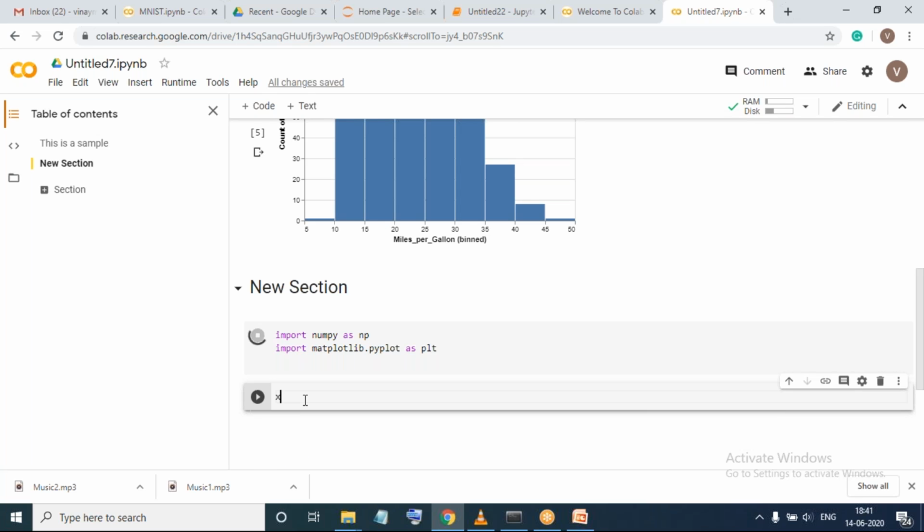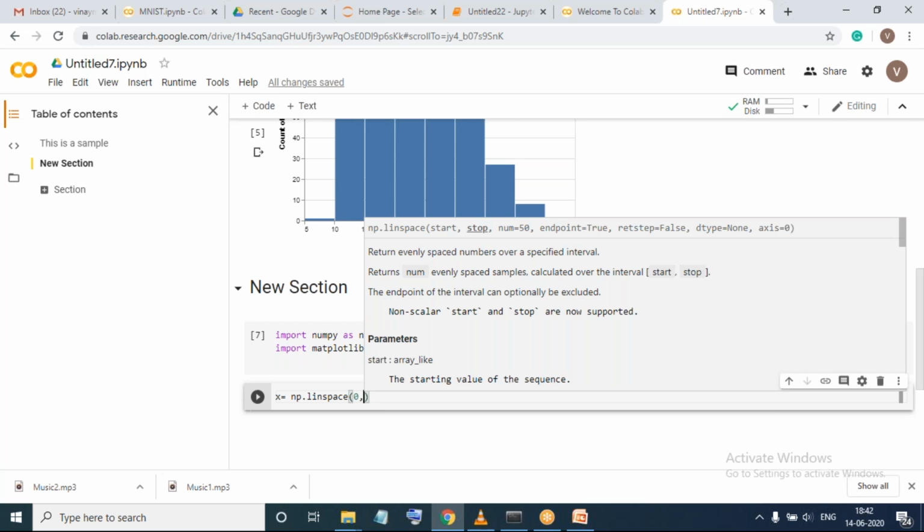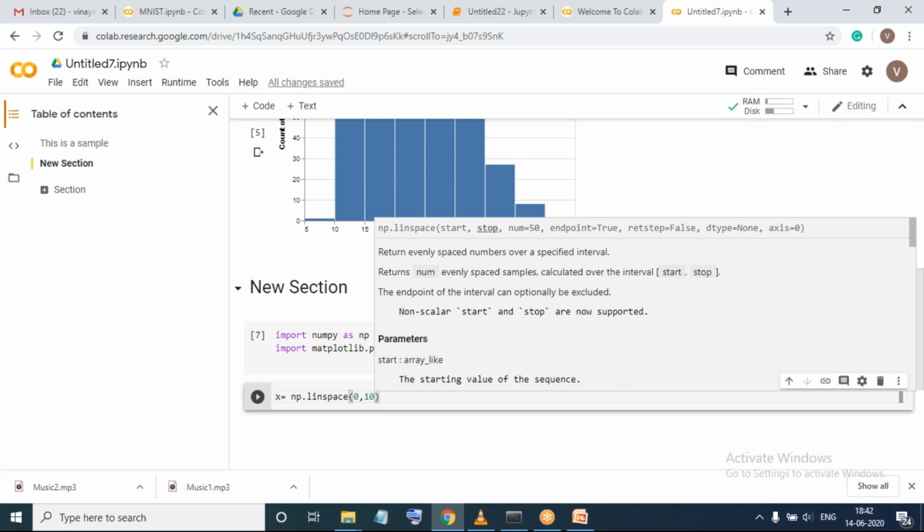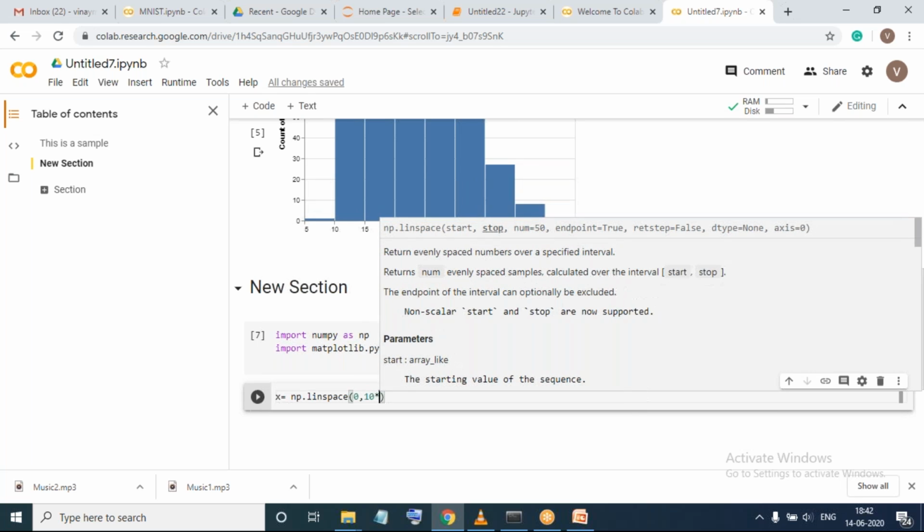Now I want to create a sine wave. So I will say x is equal to linspace. This linspace is available in NumPy, so np.linspace, and I want my values to start from 0, comma, up to 10 multiplied by pi.